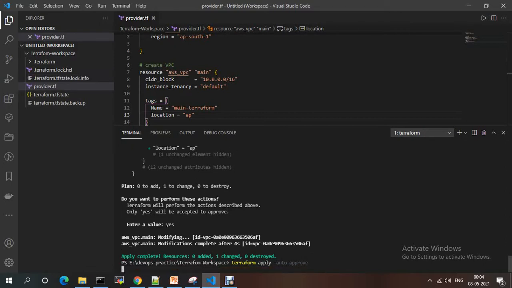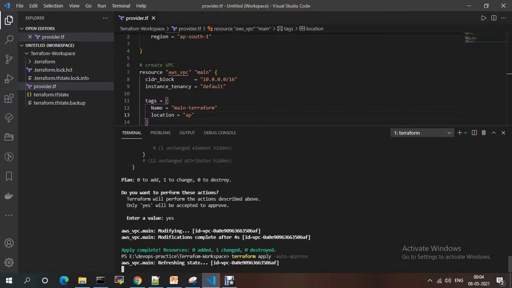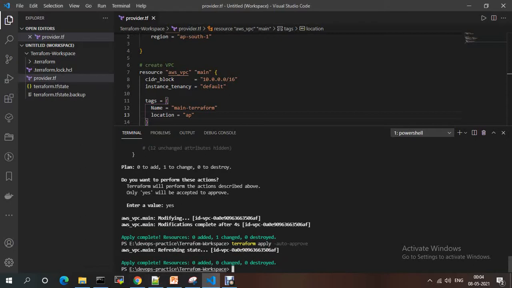So it doesn't ask the prompt to enter a value. It directly updated. See, apply complete, zero added, zero changed, zero destroyed.